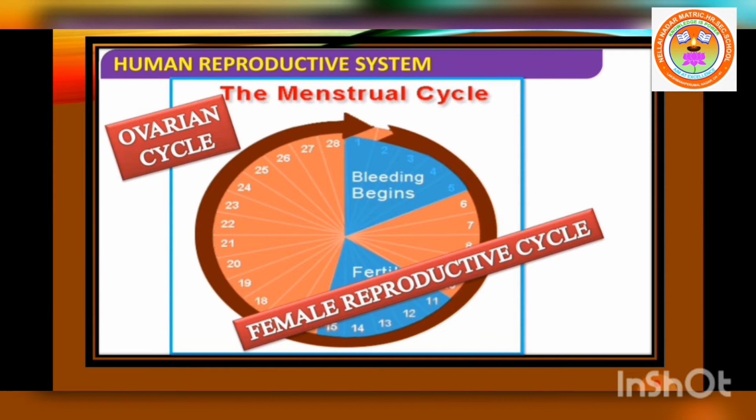The menstrual or ovarian cycle occurs approximately once in every 28 or 29 days during the reproductive life of the female, from menarche, that is puberty, to menopause, except during pregnancy. The cycle of events starting from one menstrual period till the next one is called the menstrual cycle, during which cyclic changes occur in the endometrium every month. Cyclic menstruation is an indicator of normal reproductive phase.